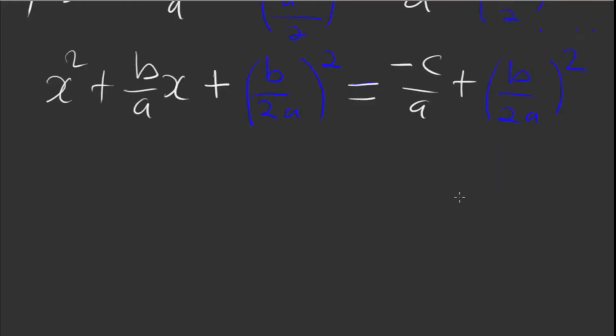Now friends, when you reach there, the equation now is perfect. Now what you can do is simplify this to the right hand side, and then you can write the left hand side as a perfect square. So this is going to be